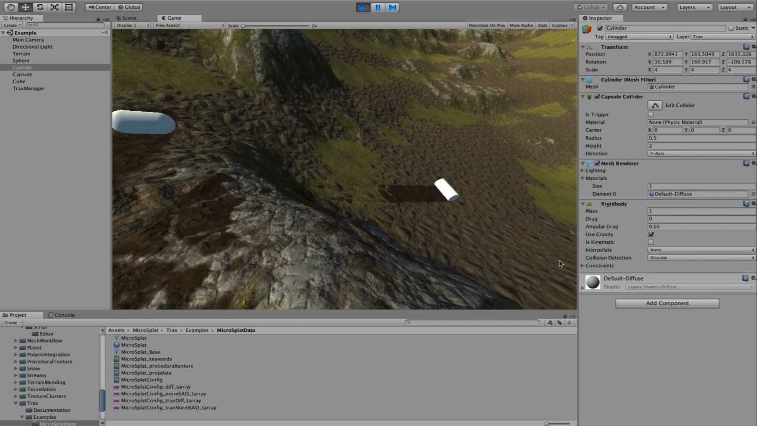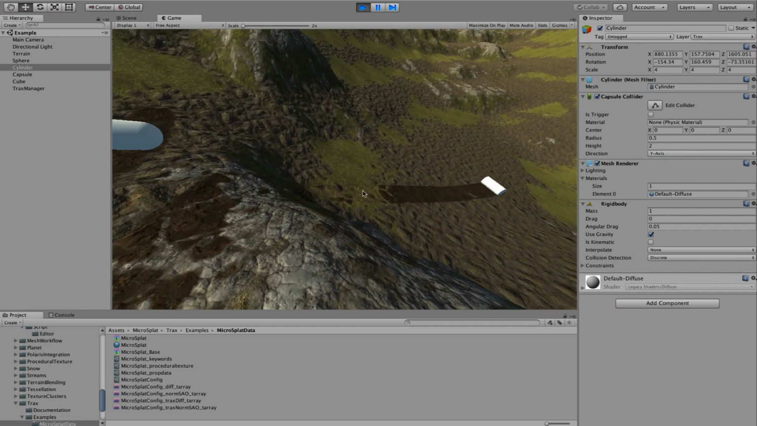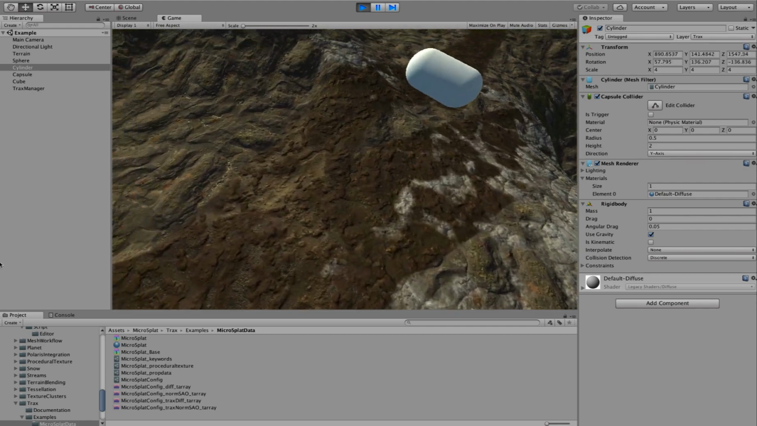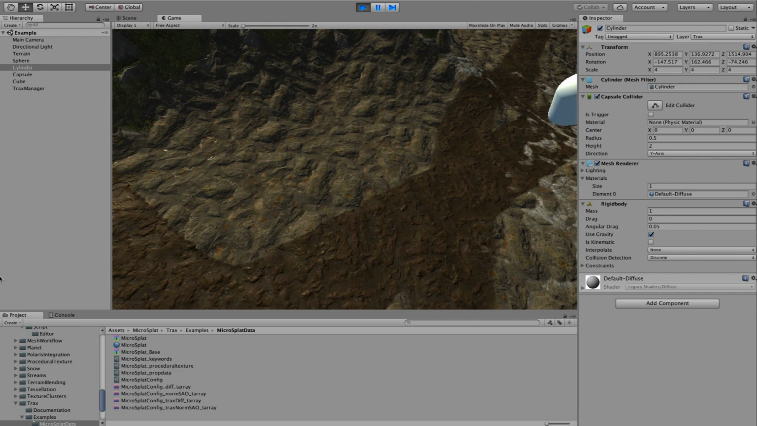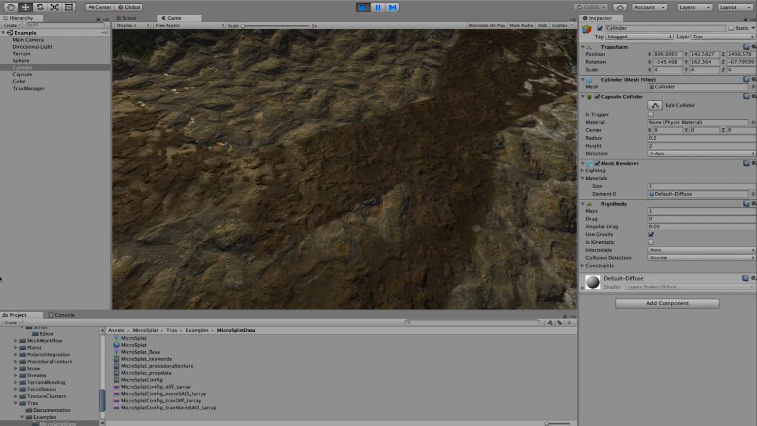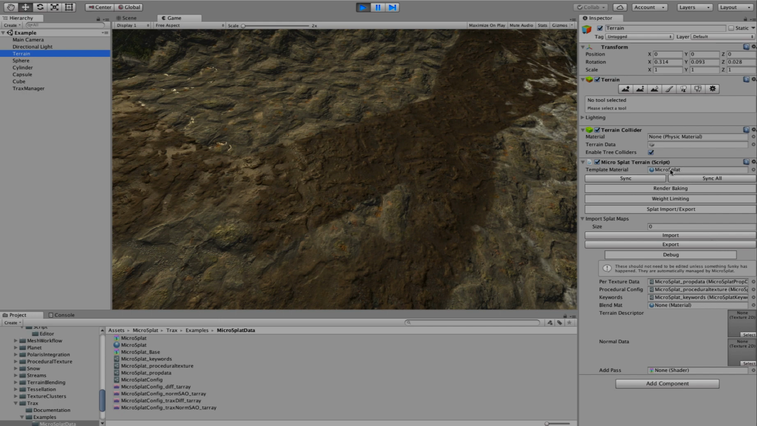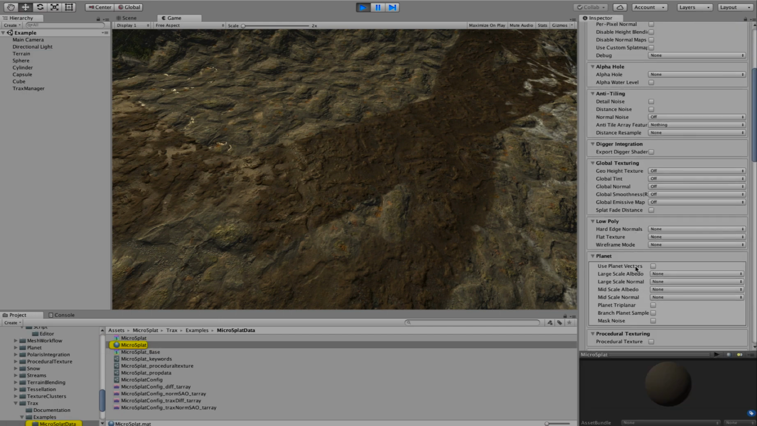You'll also notice that right now it's using a different texture for each of these terrains. For that, we have to get into the shader settings for a second. So let's just switch over to the terrain. I select my material,